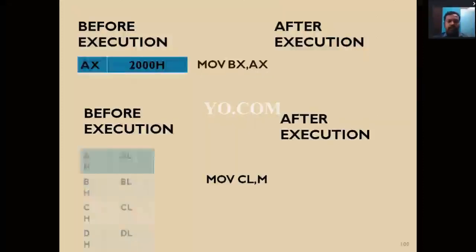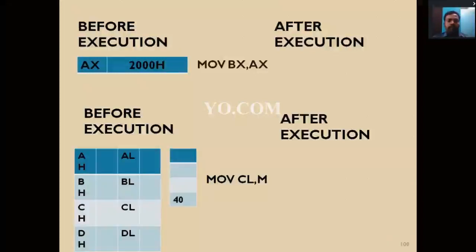Next, see the example. Our instruction is MOV BX, AX. What is the meaning? The data present in AX is moving to BX.